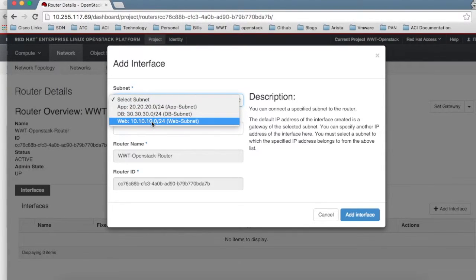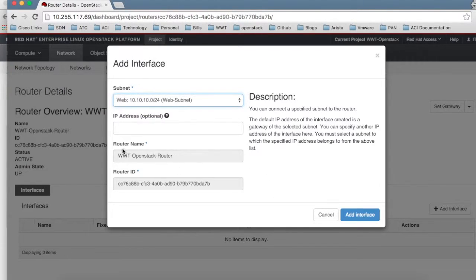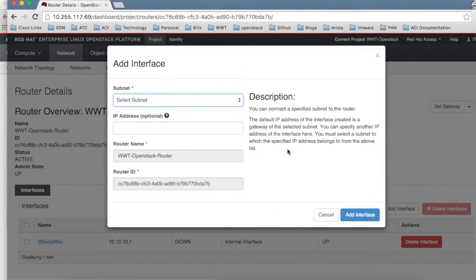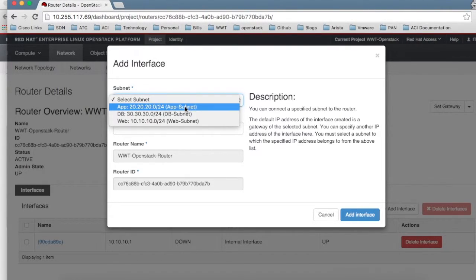So I will first select web. It says that this is attaching to this router name which we have defined, and that's the router ID. I'm going to say add interface. This interface has been added. I will go ahead and do the same step for the remaining 2 interfaces. App,